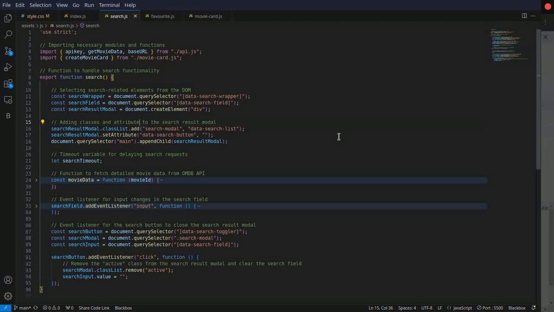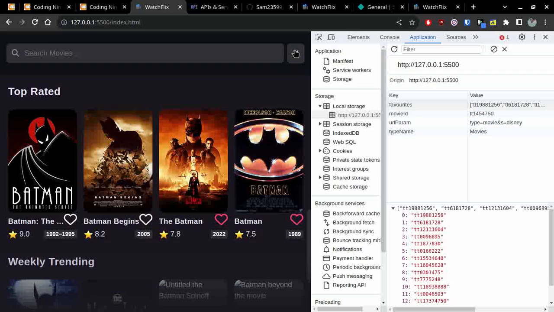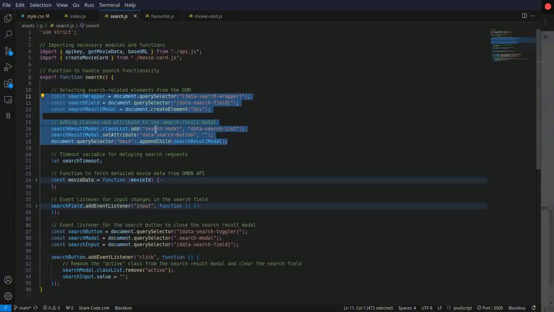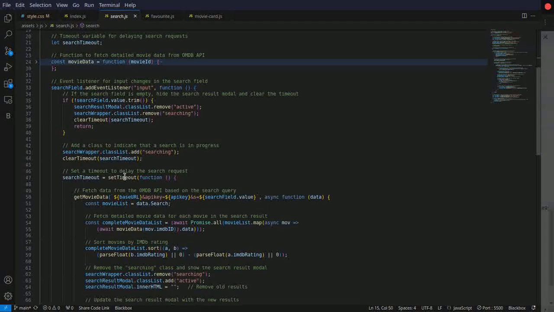The search feature is quite easy actually. These are for the functionality, like expanding to cover the whole area, and the cross button to close it and then open it again. So that's the main part about the search feature. Whenever we have an input,